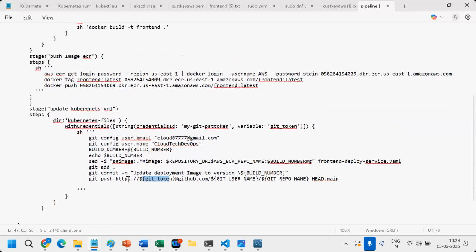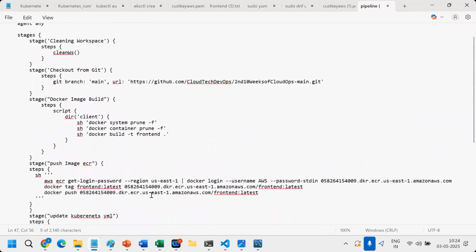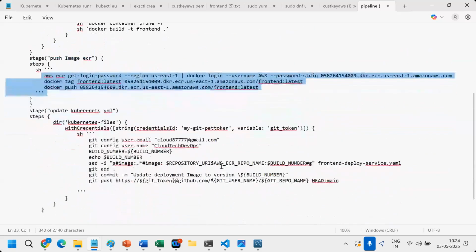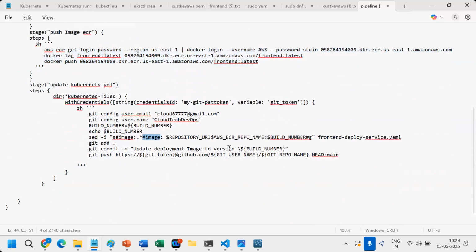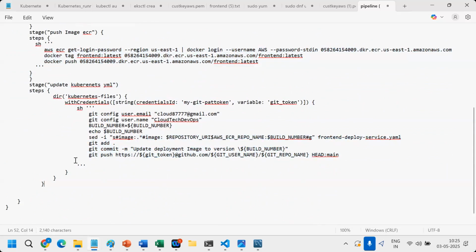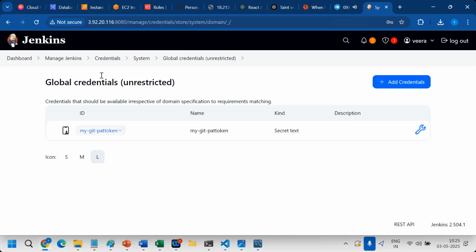If I run, definitely I'll get some challenges here. The challenges are what here? Here I have hard coded everything. But here I'm calling a variable. Okay. So in this case, Control A, Control C. Today your job is